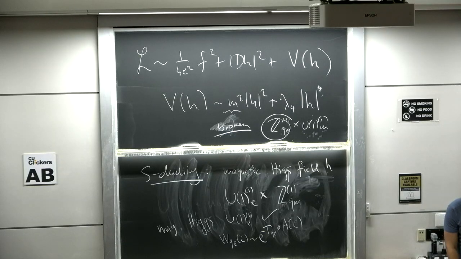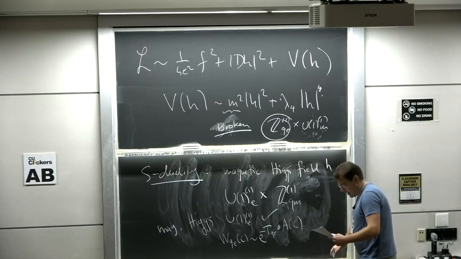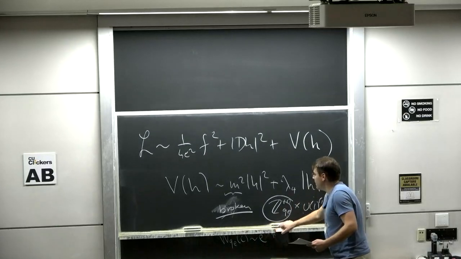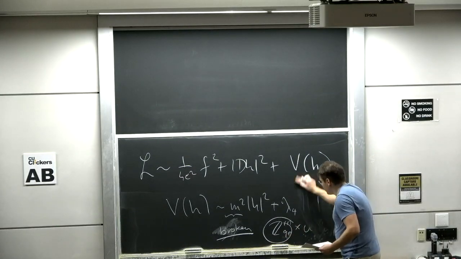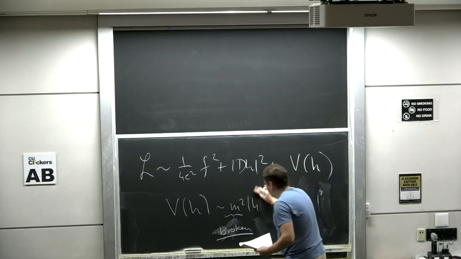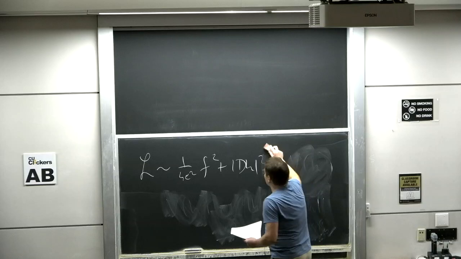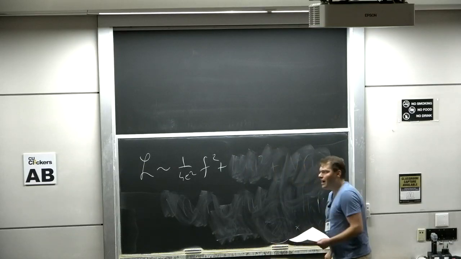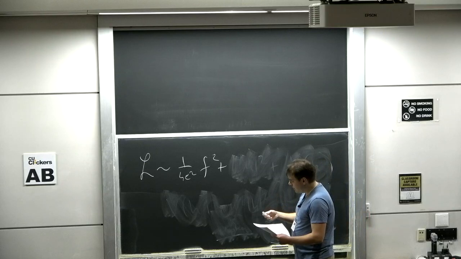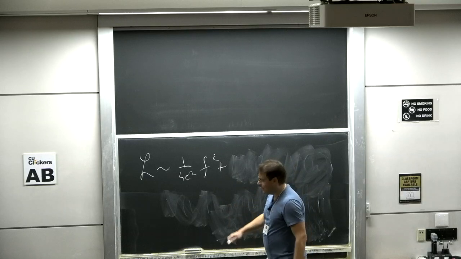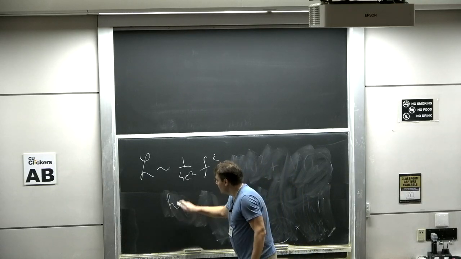Any other questions before we move on to the sort of last topic of the day? Okay, so the last topic of the day is a further enrichment of this model. So you see, right now we've had an interesting discussion about a model that had charged matter and one-form symmetries, and it did interesting things with those one-form symmetries. But I haven't talked a lot about zero-form symmetries, and that's because this model didn't have a whole bunch of them. It had a few discrete ones, but they weren't so important in what I said. What I would like to do now is to generalize this theory dramatically by upgrading from 1 Higgs field to 2 Higgs fields.